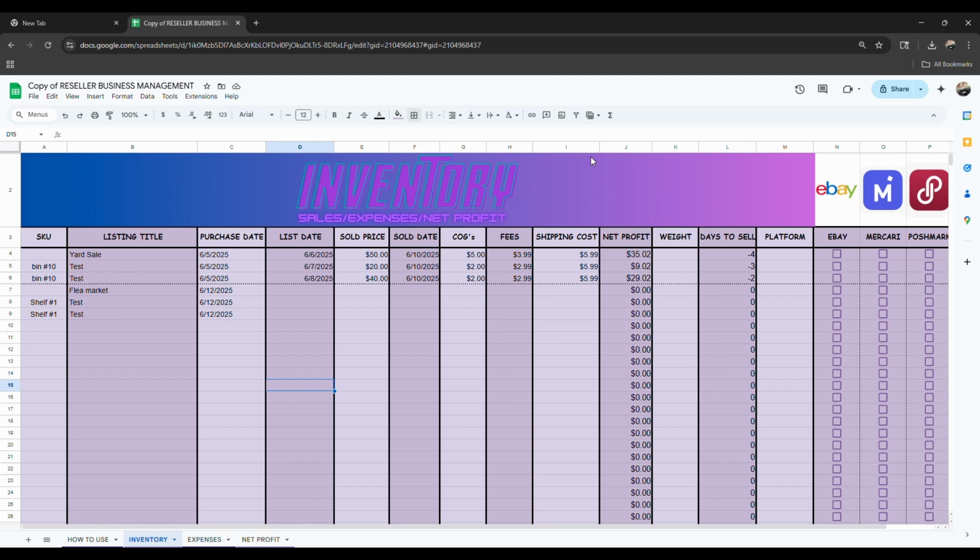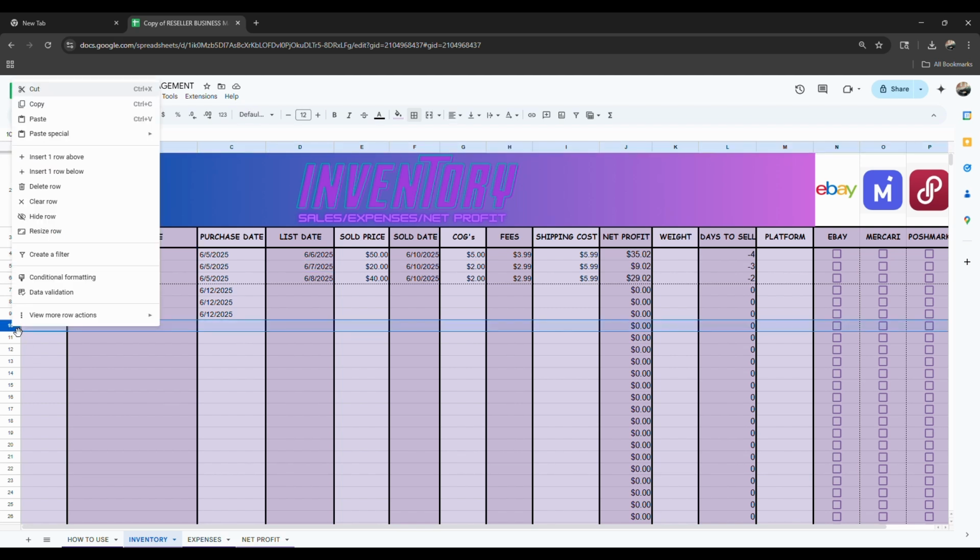Alright, now I'm going to walk you guys through how to use this Google Sheet. The first category is going to be your SKU. This is going to be obviously where you put your item. The second one is going to be your item title. I also put where I get the item because it helps me at the end of the year organize receipts and stuff. If you want to add a new row below, you have to right click here and